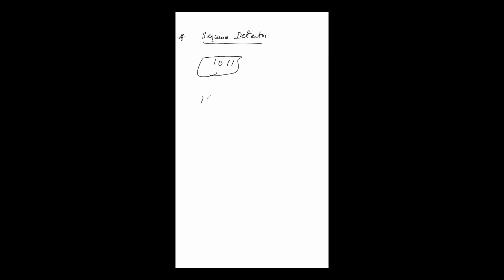Suppose you have a number 1 0 1 1 0 1 0 1 1 0 1 1. In this bit stream, you have to design a machine that can detect the sequence 1 0 1 1, right? So if I detect right now 1 0 1 1, 1 0 1 1